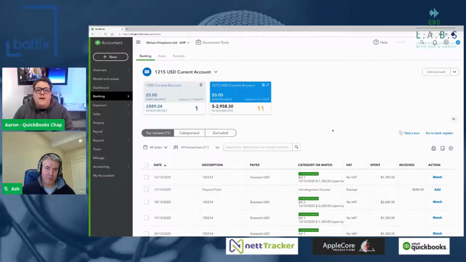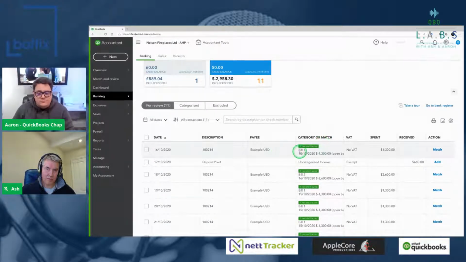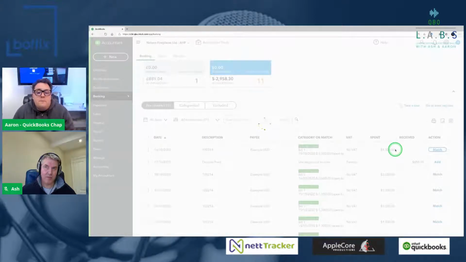What we found, though, is if you put in a bank account that isn't in the home currency, then you actually start to lose a bit of functionality. And it's about being aware of this. So, first of all, just like before, if you add a multi-currency account bill to QuickBooks and you've got a multi-currency bank account and they both align, so in this case I've got a USD account and a USD bill, then all I need to do, just like before, is match it and it will match accordingly.